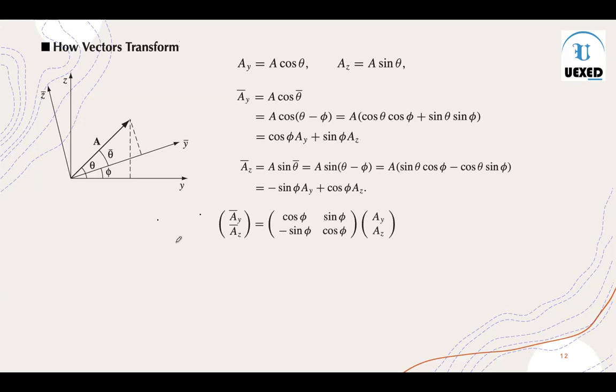What is basically the notation? In terms of a matrix, we can always denote that ay bar can transform into the components ay and az. Similarly az bar can transform in terms of ay and az, and that is the real thing that one must know, that a vector should transform under some coordinate change as a displacement. And displacement is just one model which we are discussing here.